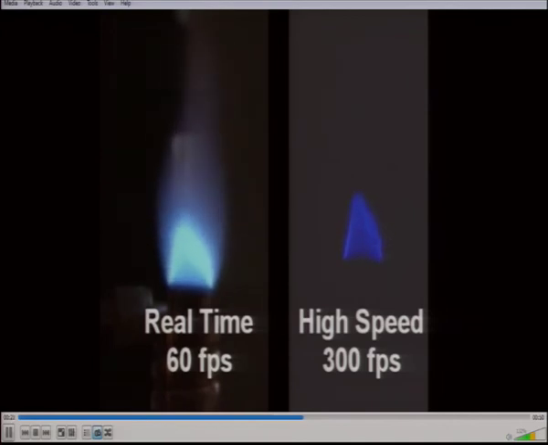So 300 frames per second is picking up actually individual flames, in the sense that if you notice, this is kind of blurred, the whole thing, isn't it? It gives you a glow. So with the naked eye you are more likely to see something close to this. Whereas if you take 300 frames per second, then you are resolving flame which is moving. Now what I mean by that is,